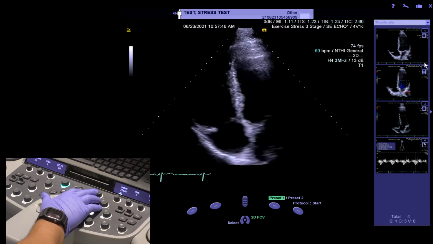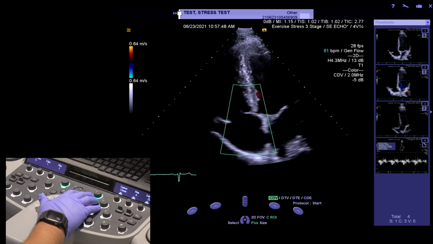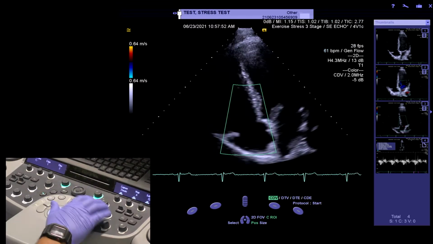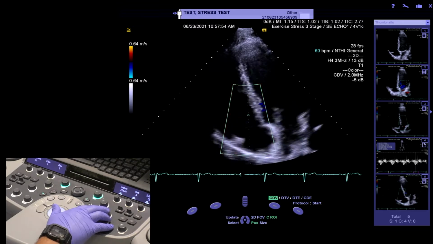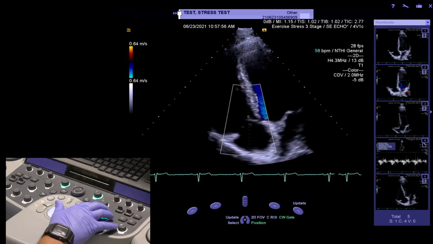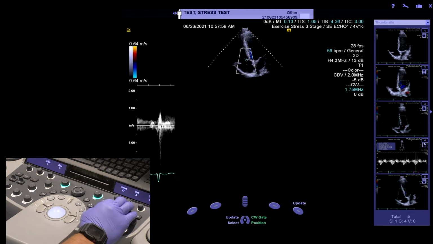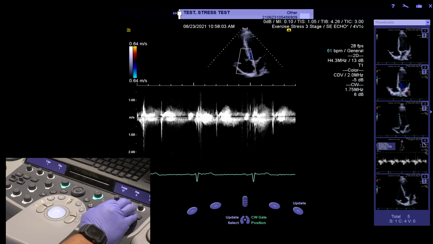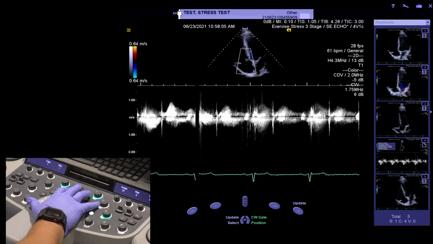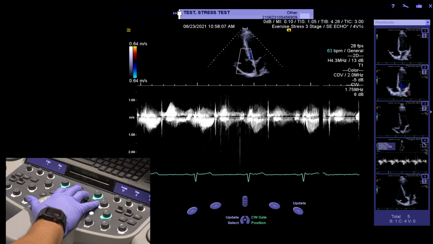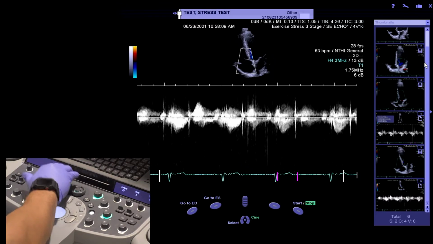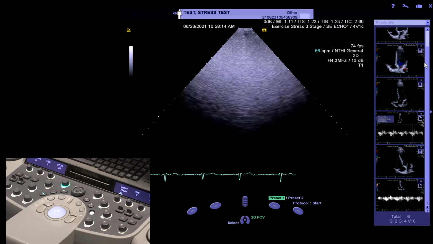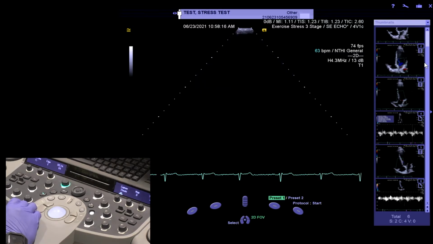And almost done. In the apicals, we'll color our tricuspid valve, looking for any significant tricuspid regurgitation, and we will use continuous wave Doppler to estimate an RVSP. In our example here, we have a patient with no significant tricuspid regurgitation. We will then move to continue our contraindication screening to the parasternal long axis,